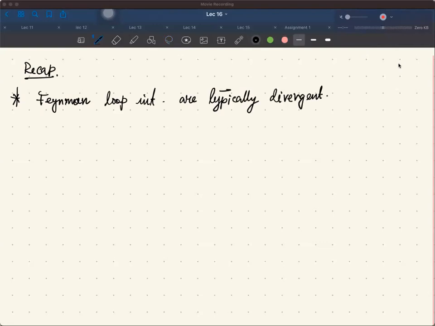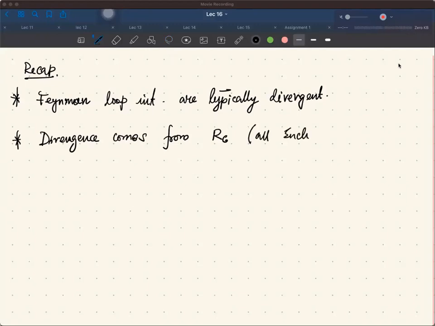And the divergence comes from an integration region RC where all Euclidean loop momenta become large equally. So the divergence comes from RC, which is given by